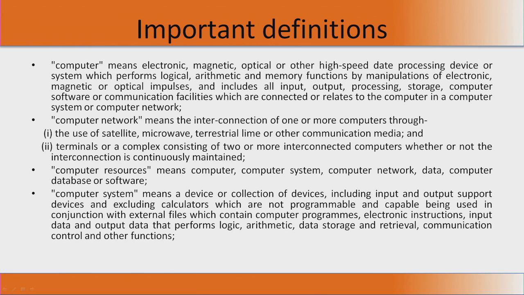Some of the important definitions as per the IT Act: they have defined a computer as an electronic, magnetic, optical or other high speed data processing device or system which performs logical, arithmetic, and memory functions by manipulations of electronic, magnetic or optical impulses, and includes all input, output, processing, storage, computer software or communication facilities which are connected or related to the computer in a computer system or computer network. So, computer network is also defined